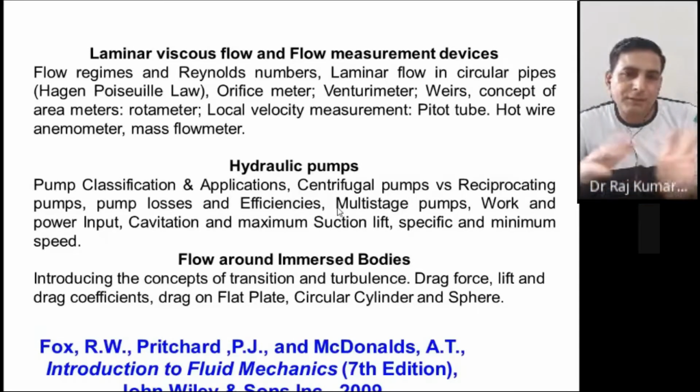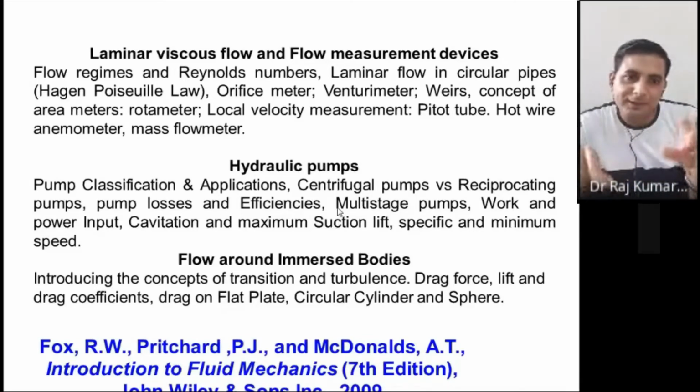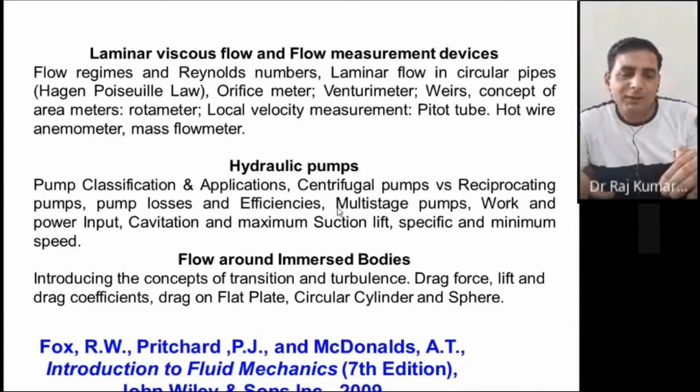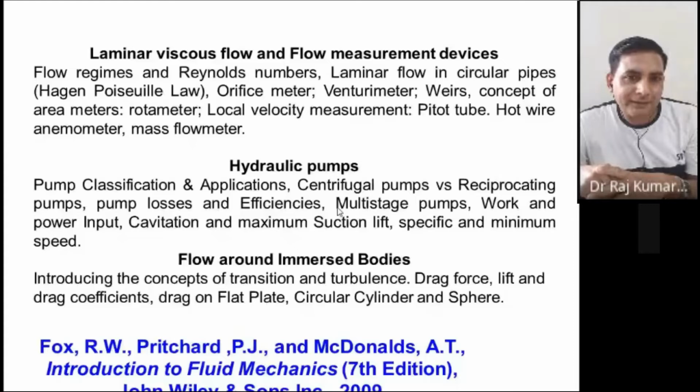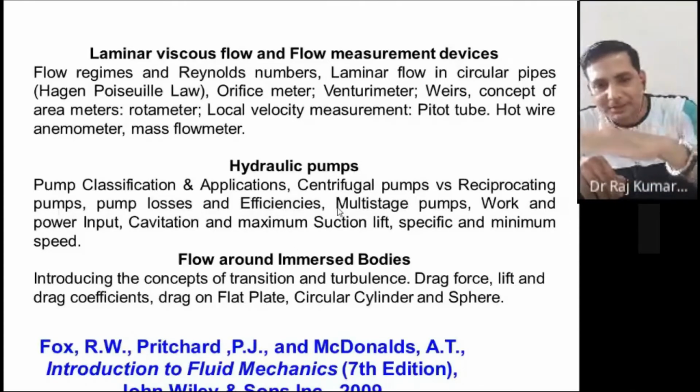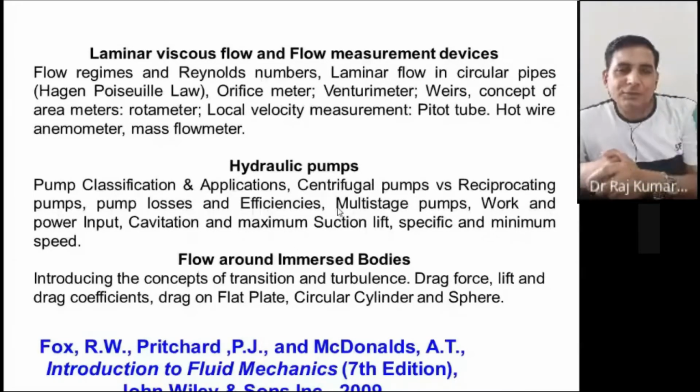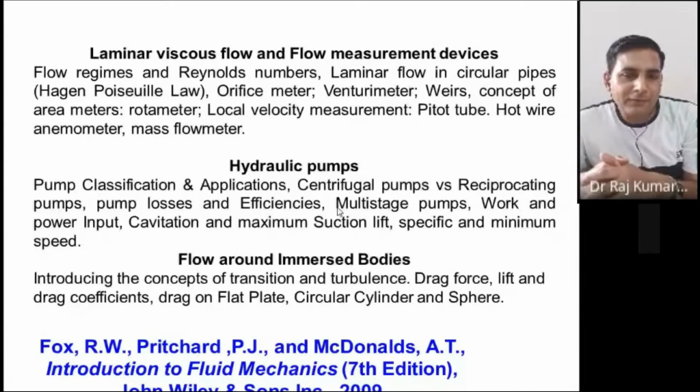Now, if this number comes out less than 2100, then it's called laminar flow. Laminar flow means what you studied in 12th, a long time back, streamline flow. Streamline means the flow would be in terms of layers, layer 1, layer 2, layer 3, and all layers would be parallel to each other all the time. These layers do not intersect each other, they always move in a parallel pattern, right? So that's called the laminar flow, or the ideal flow.